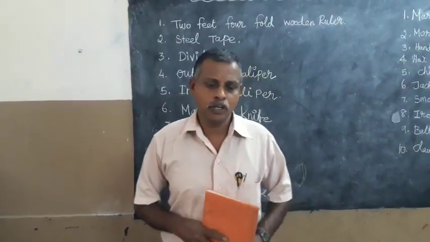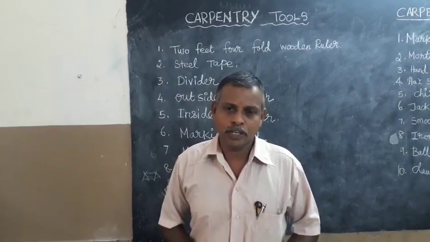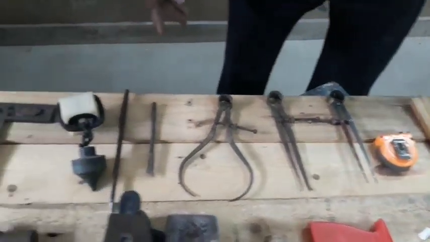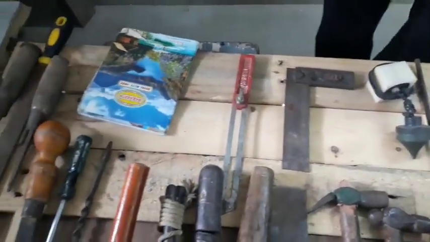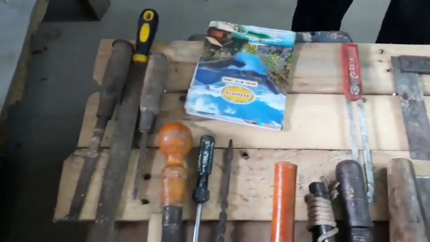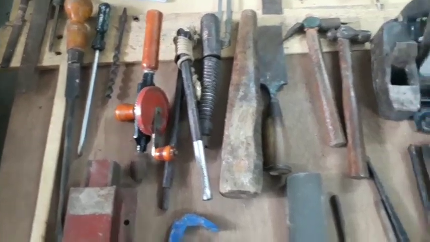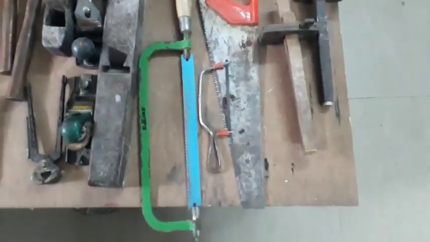I teach about carpentry tools, and about their uses also. Okay. Now you are watching all the tools. See here one by one. Here there are totally 35 tools. Now this is only for basic tools, hand tools only, not power tools. Okay. Observe everything one by one. You watch all the tools here.